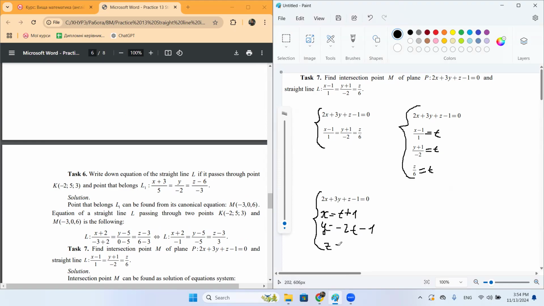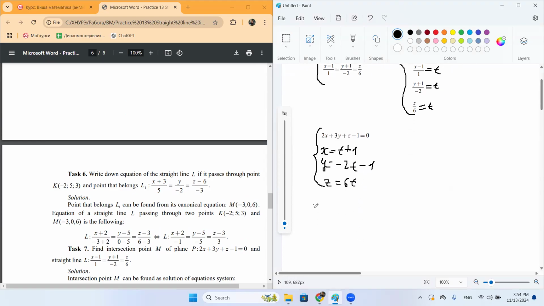Z equals 60. And now substituting x, y, and z into this equation of the plane. So 2 by t plus 1 plus 3 by minus 2t minus 1 plus 6t minus 1 equals 0. And now let's solve it